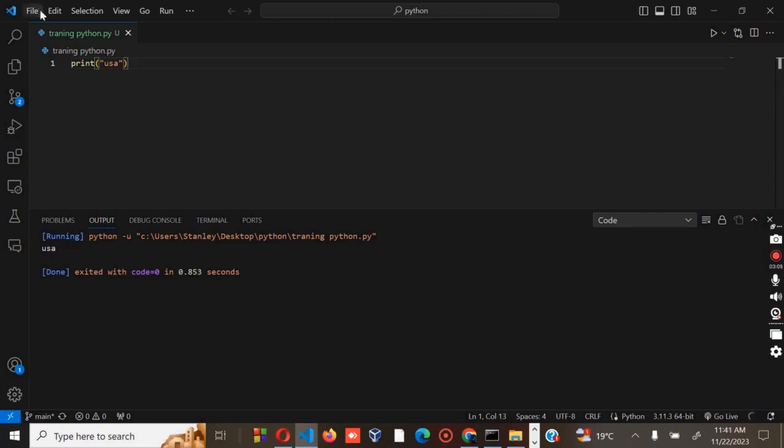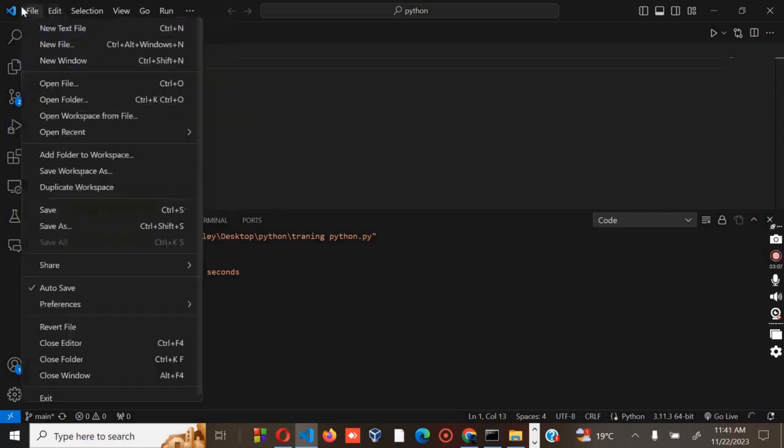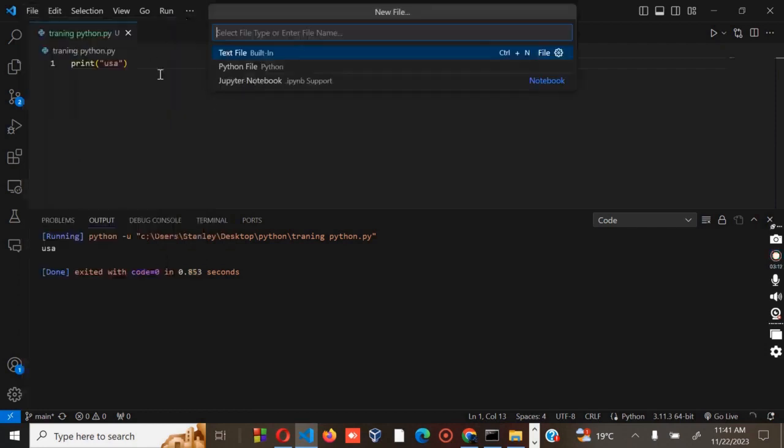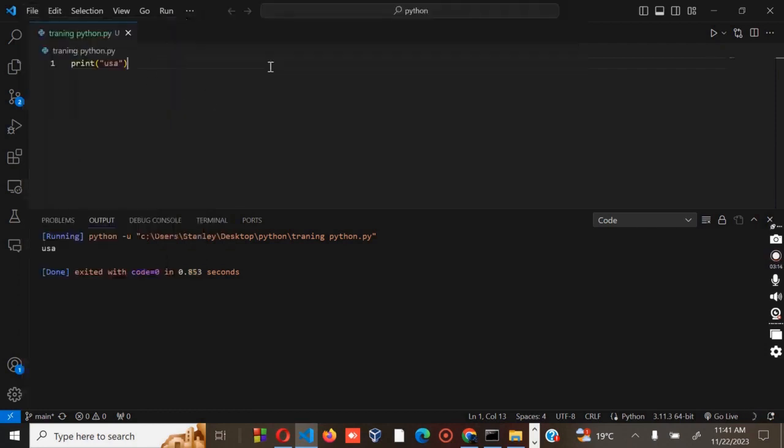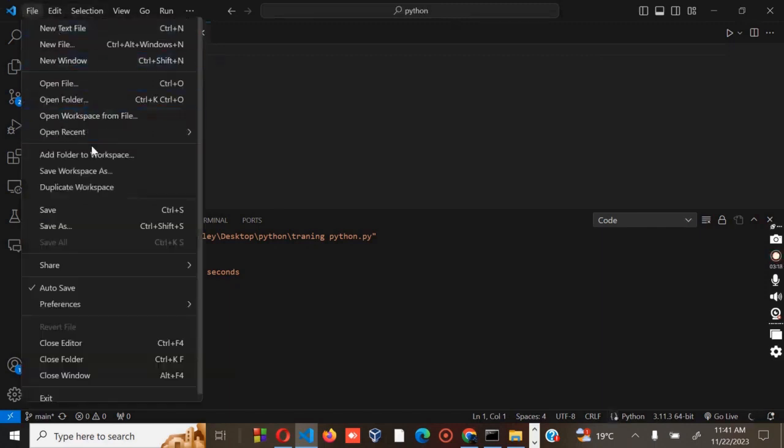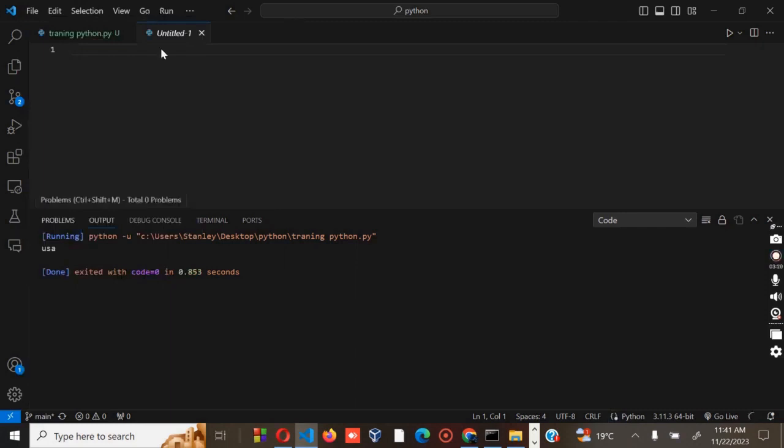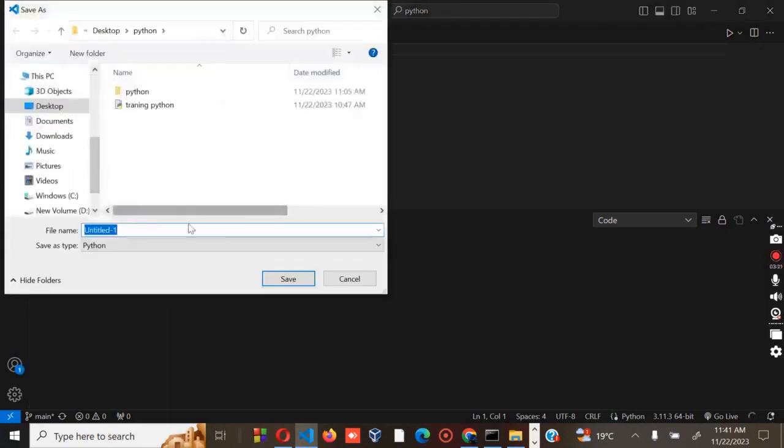Okay, let's dive into the actual thing. So let's try to create our first file. Let me give my file a name. I will call this file training.py, which stands for Python. Then there goes the folder where I have stored my